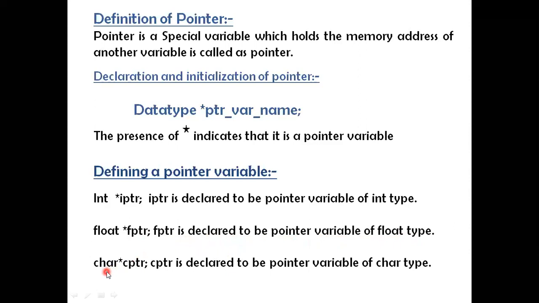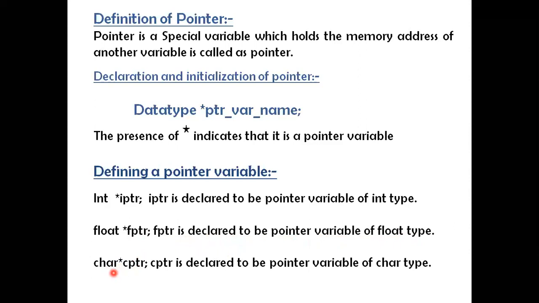Moving to the third example. Instead of integer and float, now we are going with a different data type called character. Character, one blank space, star CPTR. That is, CPTR is a pointer variable of type character data type.